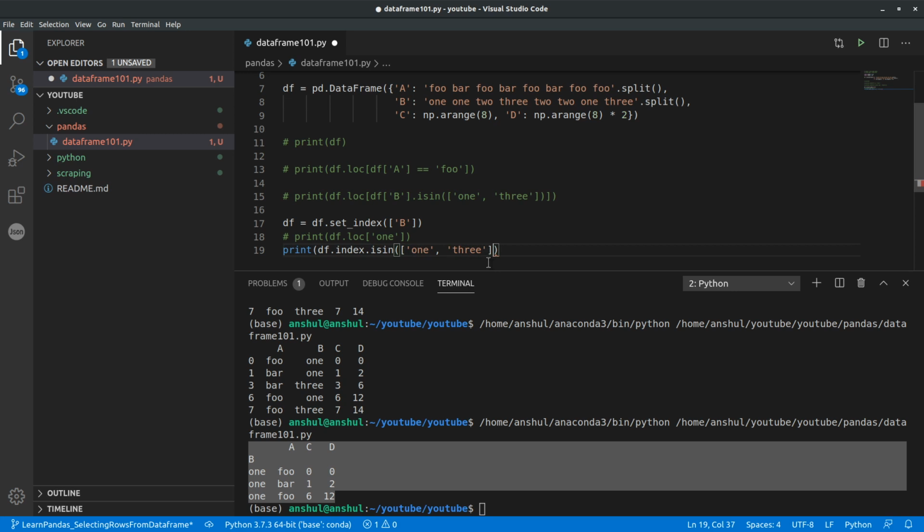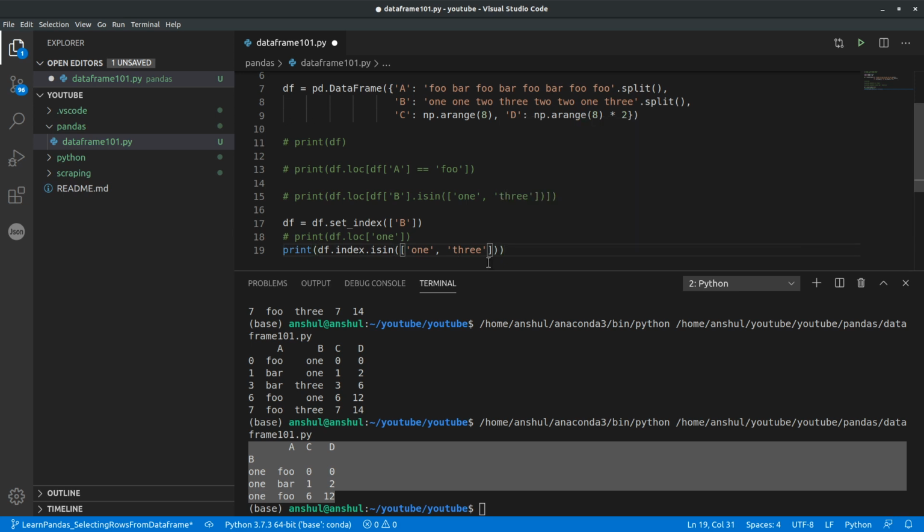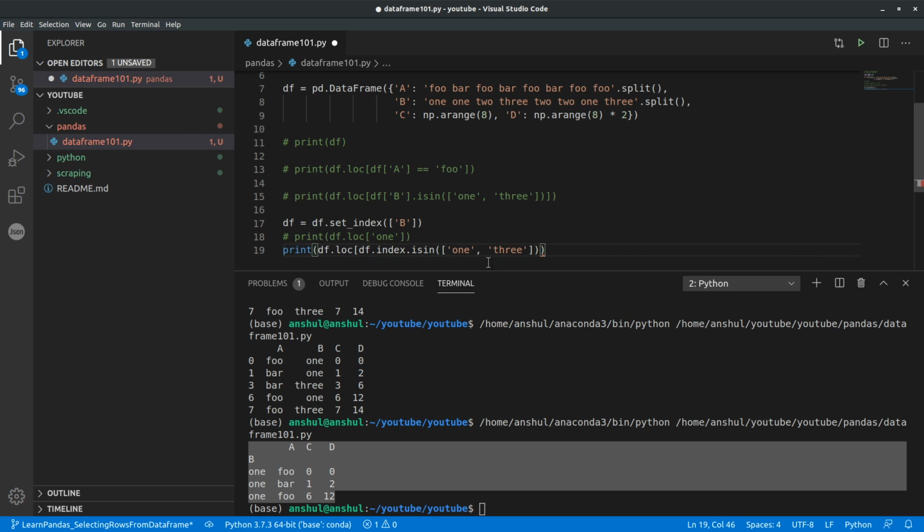Then we close this as well. This is the mask that I've created, and I also have to refer to this mask. This is how we do it.